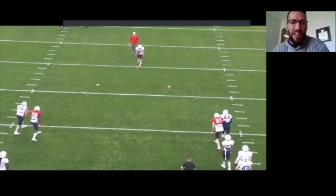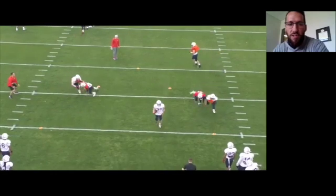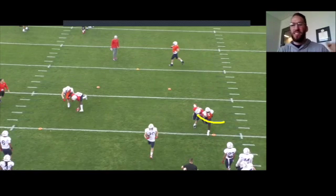Let's watch both these guys, 28 and 81. Again, sit and fit. There it is right there. If you lose your feet, that's fine. Let's keep working vertical right there and finish the rip. That's a great job by 81 here. He's not doing a great job, but he's doing a great job of finishing because he's trying to rip up, but you can see he doesn't have his hands on the guy, so he's not holding the man at all. Okay? Again,